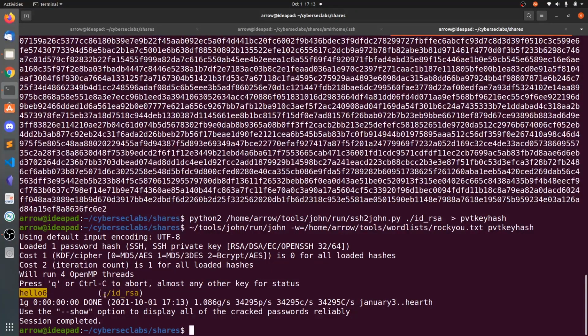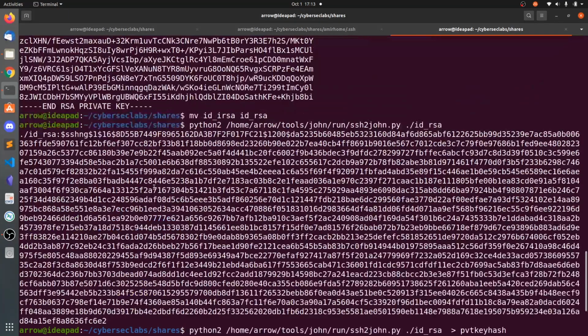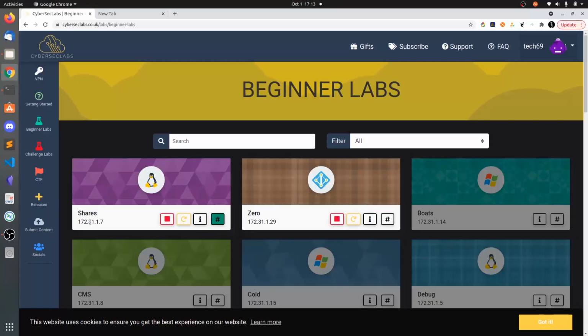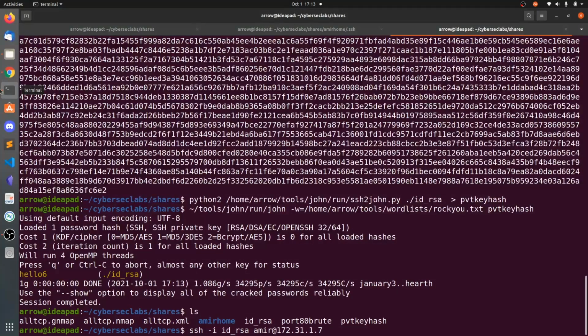This is actually not the password for the Amir user, it's a passphrase for this private key. So what you can do is ssh -i id_rsa, and then you need to specify the username @ and IP address. So now hit enter.